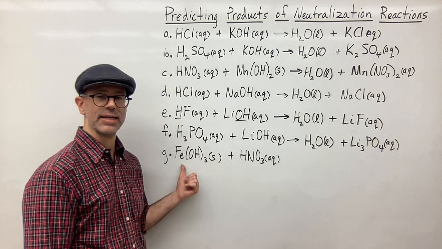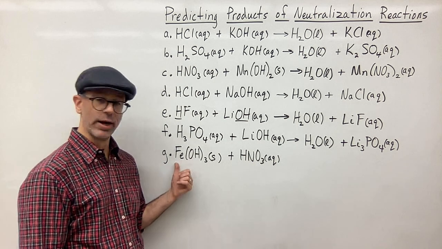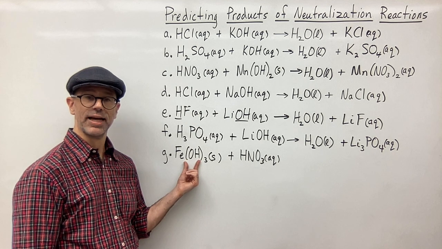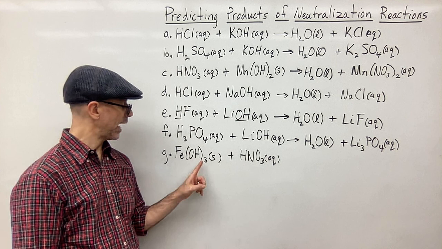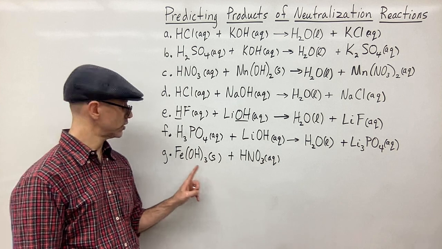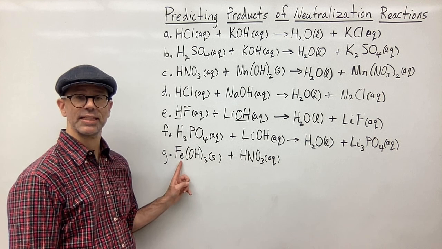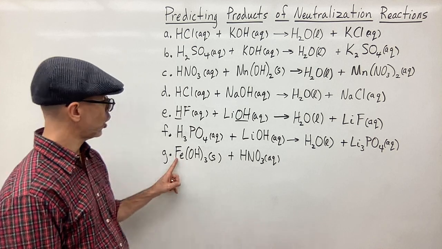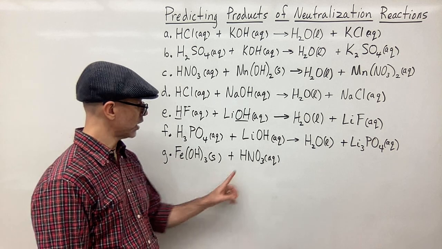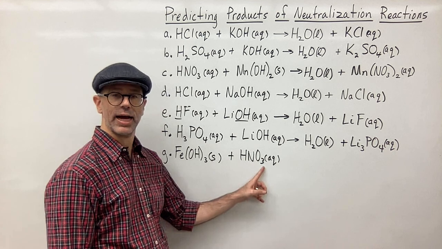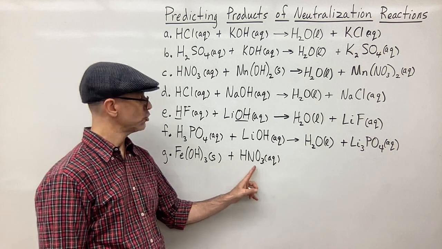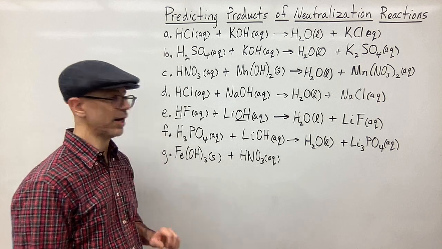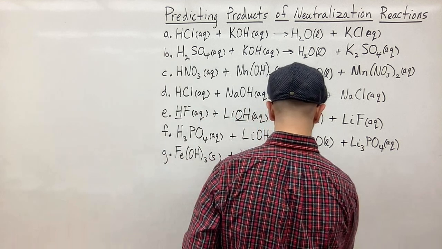Since the iron has a 3+ charge on it, how do I know it has a 3+ charge on it? Because I know hydroxide ions have a -1 charge. I have 3 of them to balance the charge on the iron. So that means the iron has to have a +3 charge. So if the iron has a +3 charge, here I have a nitrate ion that has a -1 charge. So I'm going to need 3 nitrates to balance the charge on the 1 iron. So that's going to give me the formula